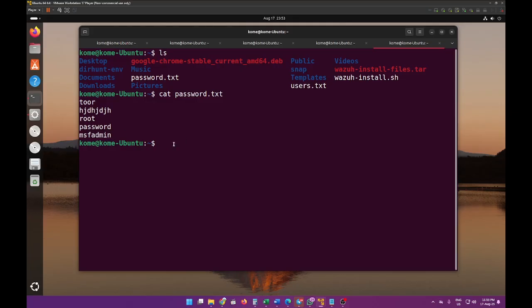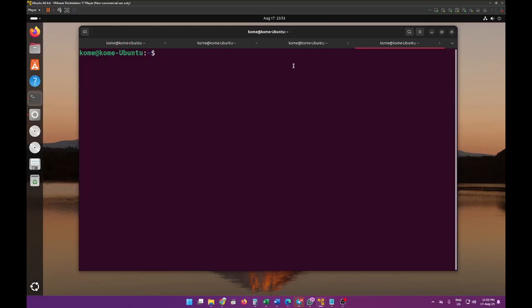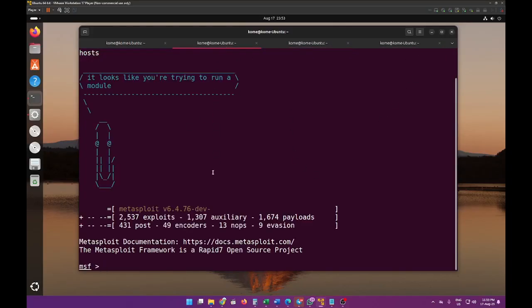You also have a list of users that I've created, users.txt, and this is what we are going to use for our brute forcing. Now that the MSF is up and running,